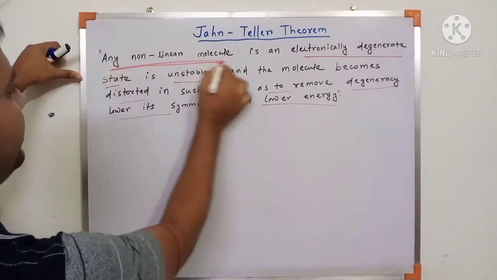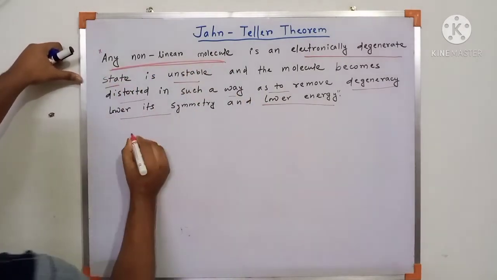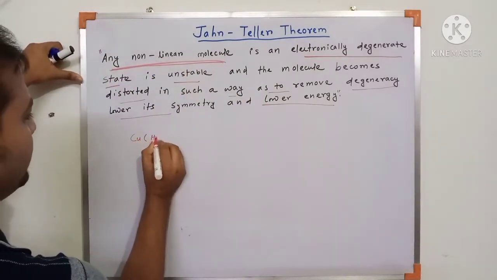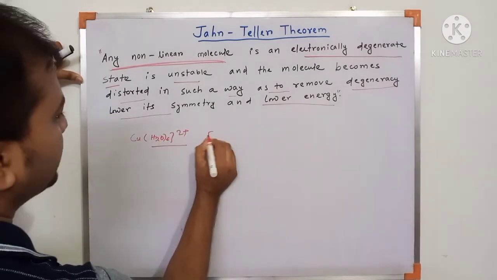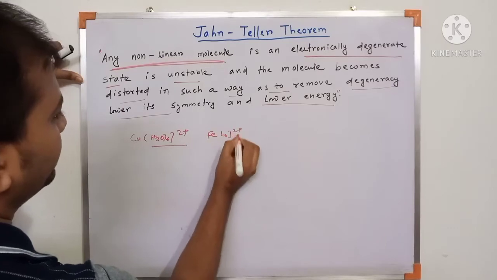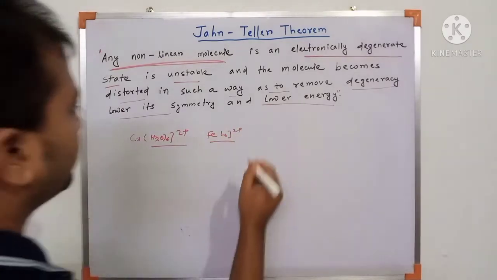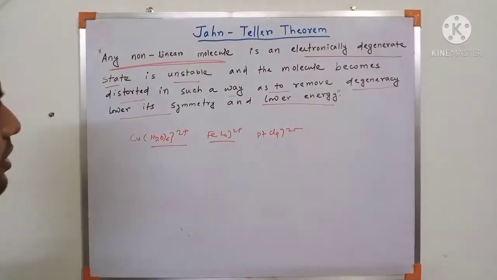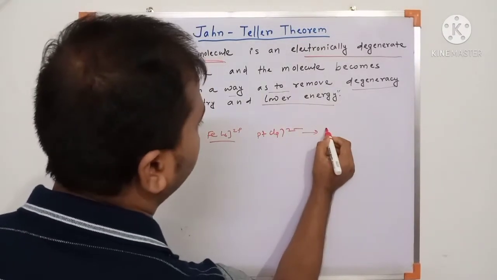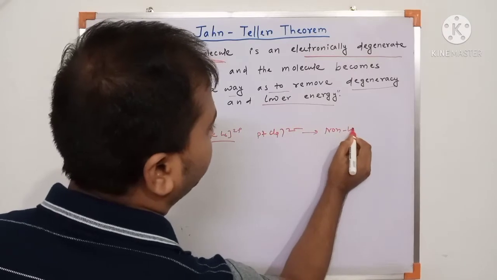First, any non-linear molecule. For example, [Cu(H2O)6]2+ is a non-linear molecule. Suppose [FeL6]2+, this is also a non-linear molecule. [PtCl4]2- is a non-linear molecule. So, in the case of a non-linear molecule,